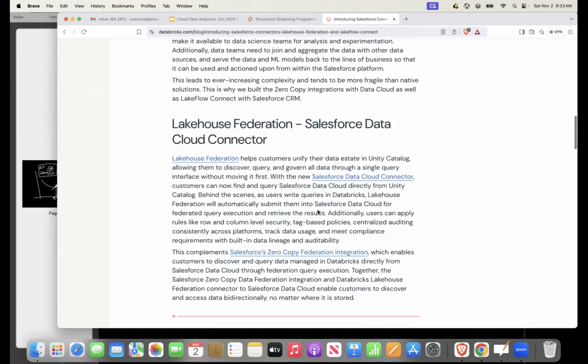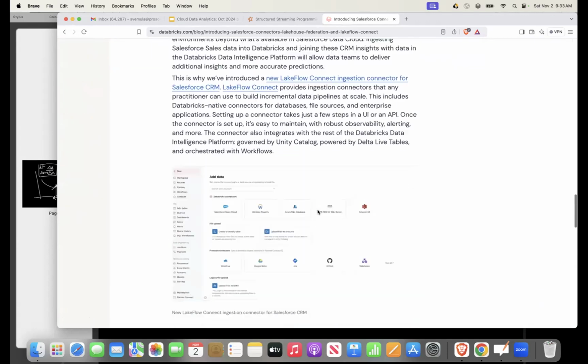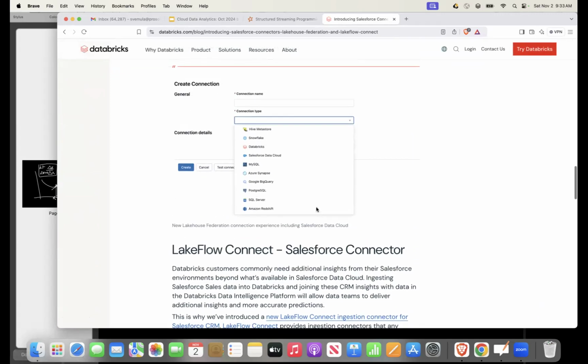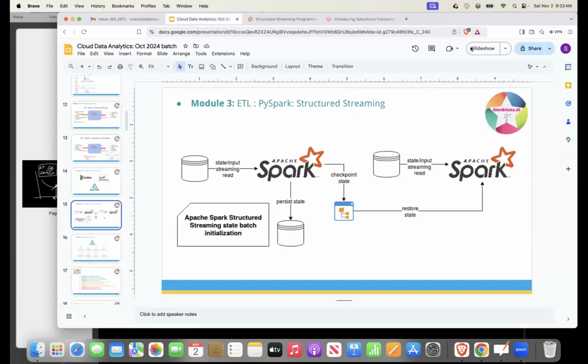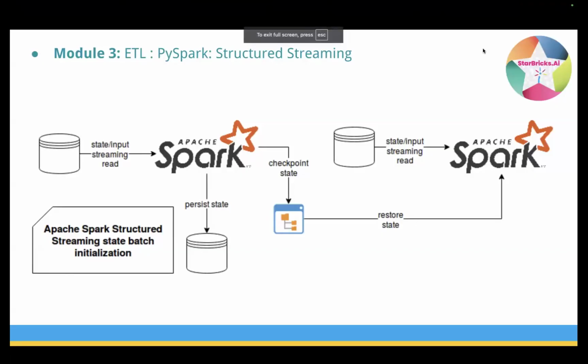This is to give wide options. Here, see, they will have connections to everything: Snowflake, Databricks, MySQL, Azure Synapse, Postgres. There are hundreds of connectors. But again, trust me, that is just to give an option to people. But at least from my experience, 60 to 70% of customers use more robust architectures,